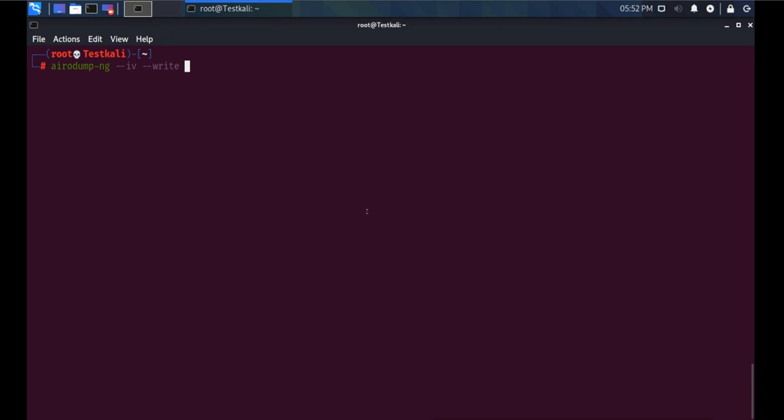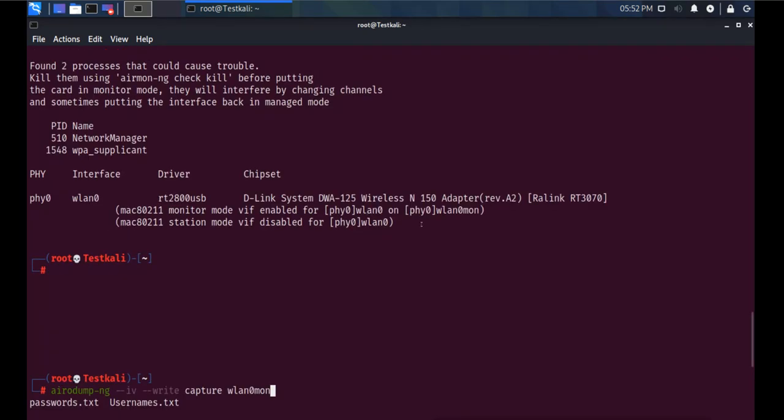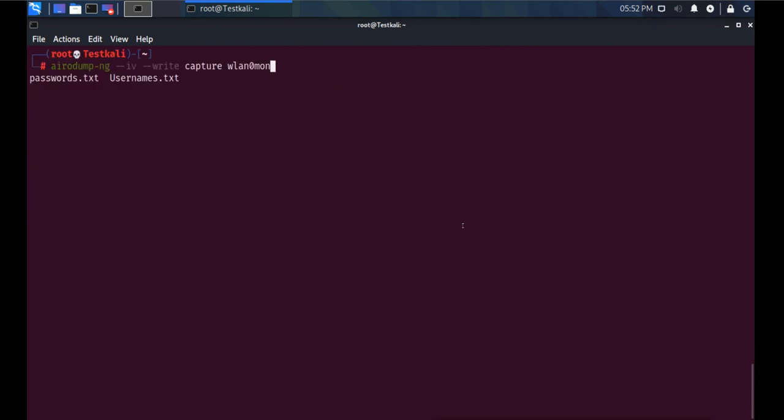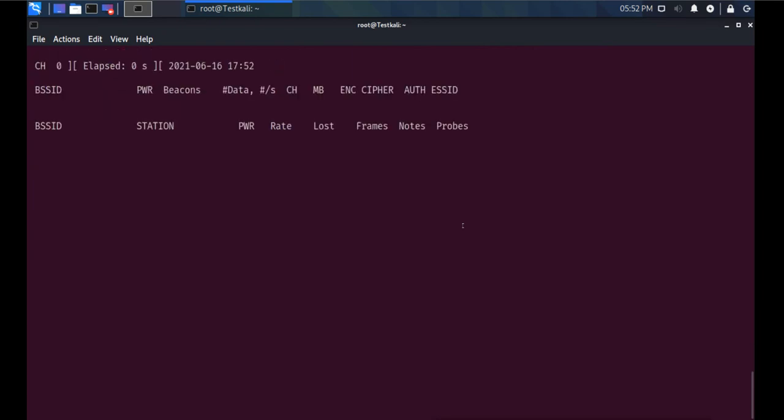So let's say I will name it capture file, and then I will mention the name of the interface, which is wlan0mon. I will mention wlan0mon and press enter.